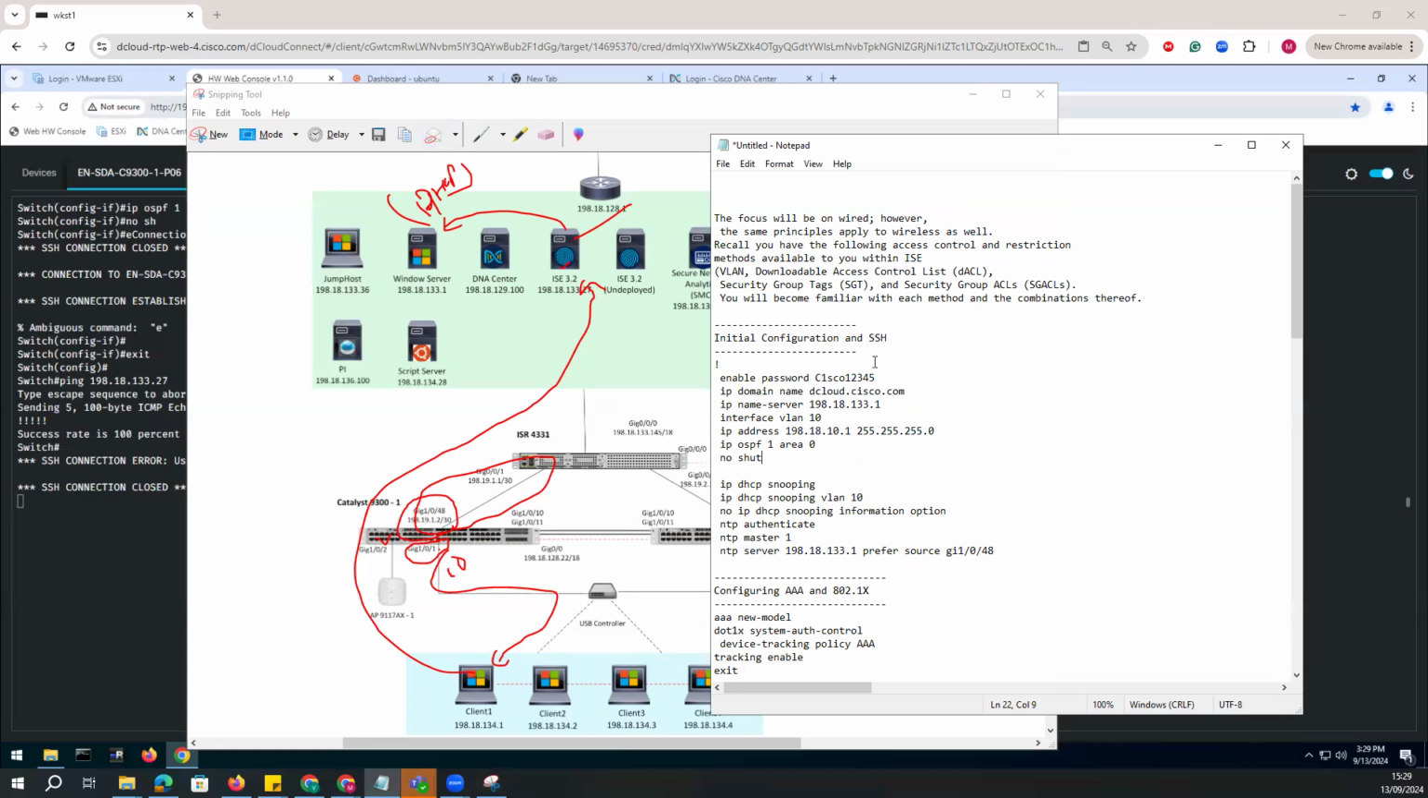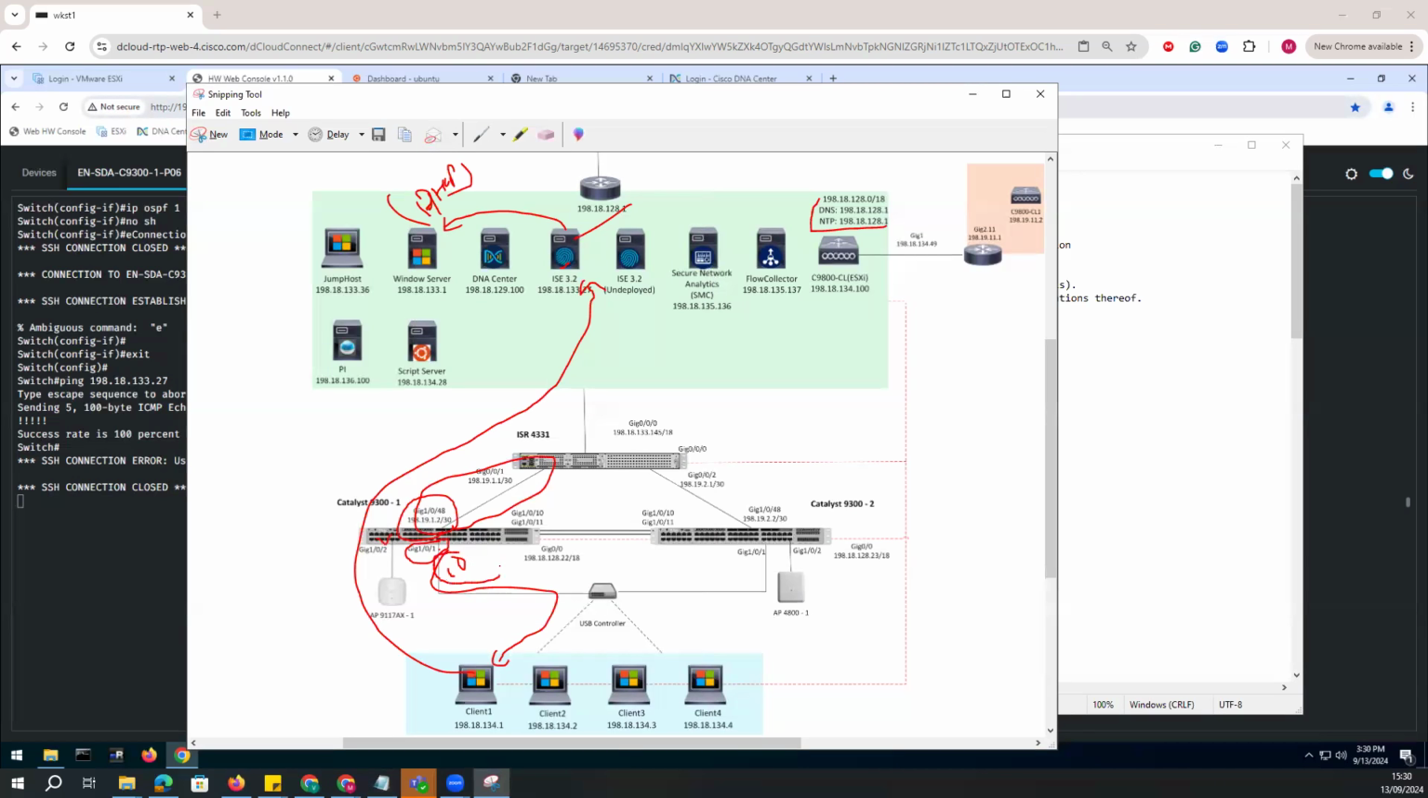Very first thing I will do is create the initial configuration, then I will enable some basic configuration on my device. I will create the VLAN 10 for the host. All this VLAN 10 traffic will be based on the SGT tag. What is the SGT tag? SGT tag is the new method of authentication. Rather than using the IP address mapping, we can use